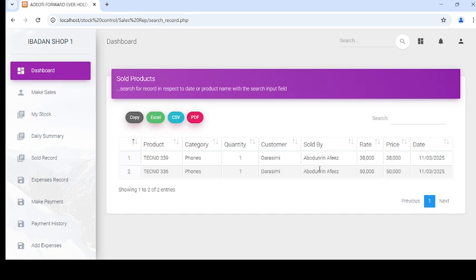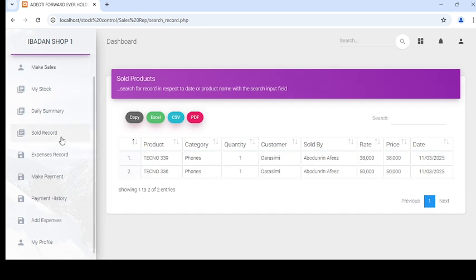now shows you the record of everything you are selling on a daily basis. Anything you sell instantly is going to appear here. Do you get that now? It appears here. So can you see it? The record of everything shows here: that particular product, the quantity, the category, who sold it, the rates, the dates, everything. That is what you are seeing in this record now. So bear at the back of your mind that anything you sell is going to appear on your sold